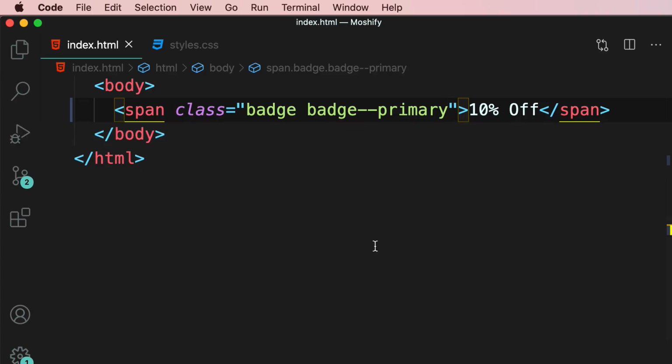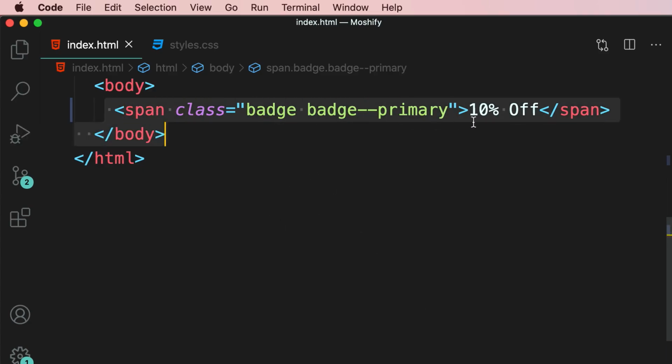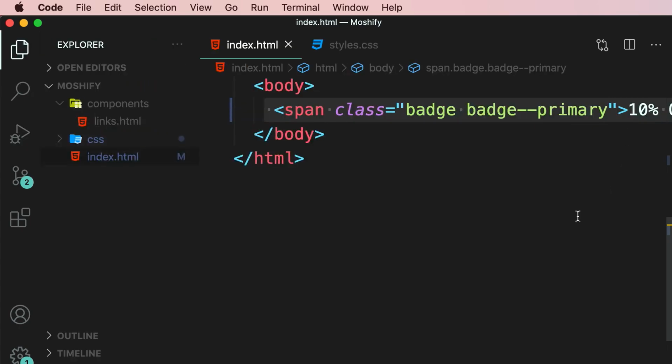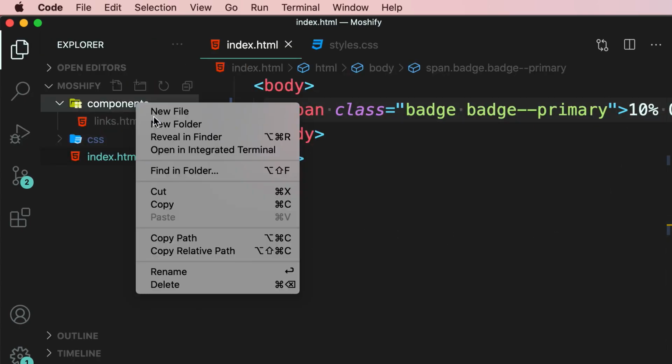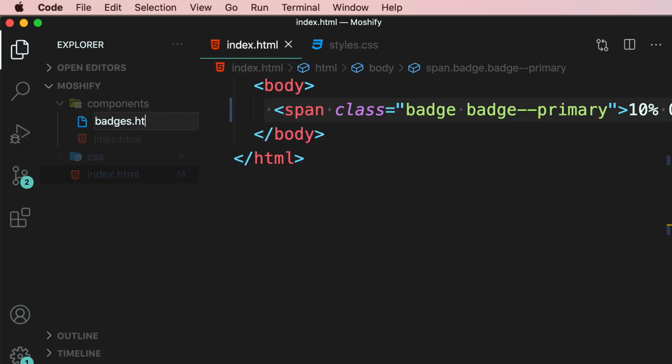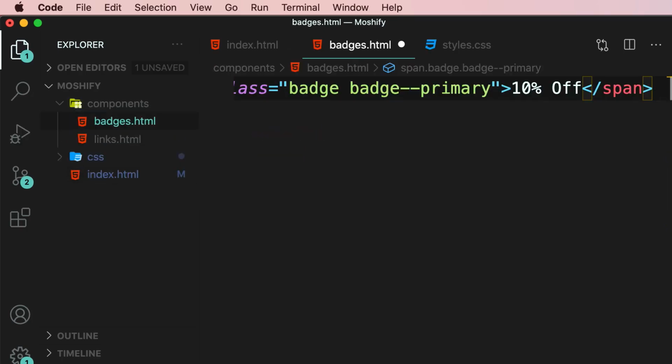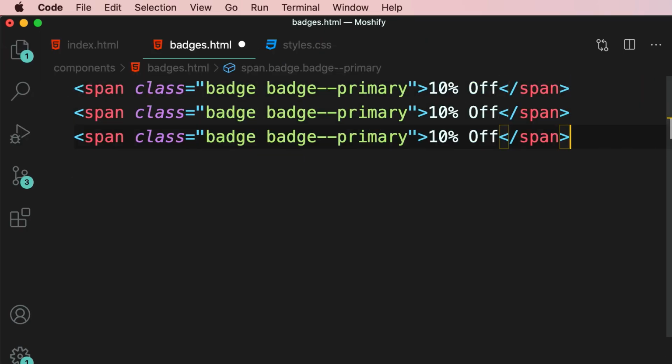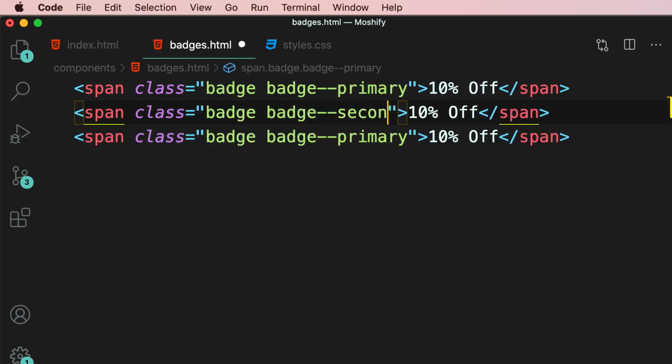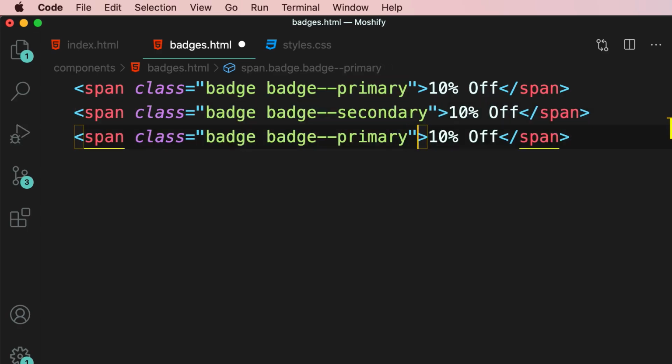Now, just like before, I want to save a copy of this markup in the components folder. So copy. Now in the components folder, we create a new file called badges.html and we paste it here. We could also paste other examples like primary, secondary, and primary with a small badge. That also works. So we're done with this task, and now it's time for